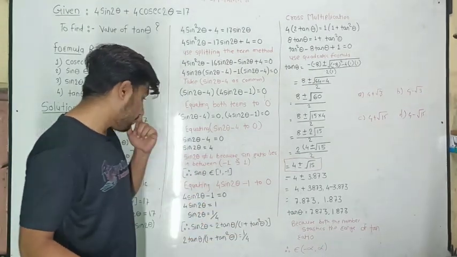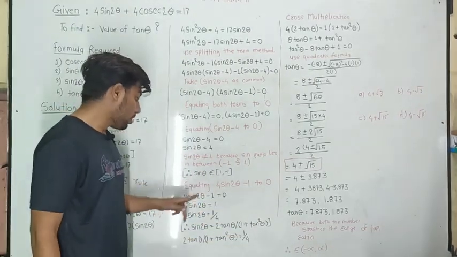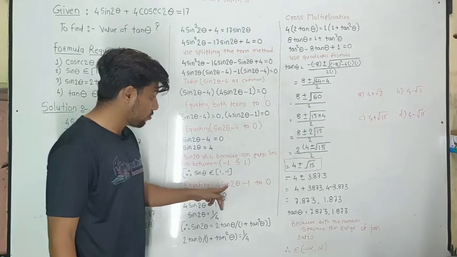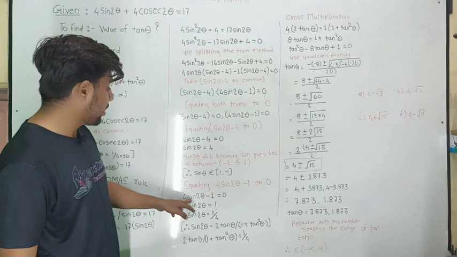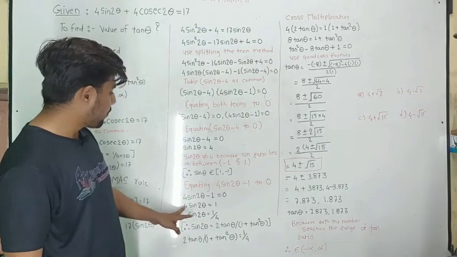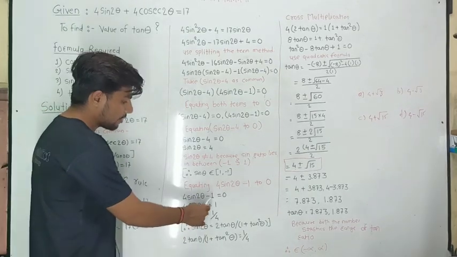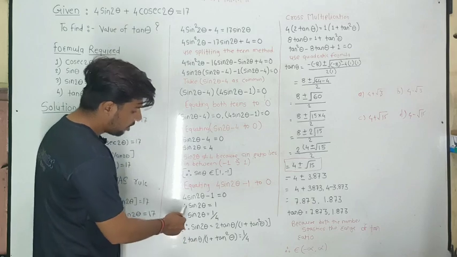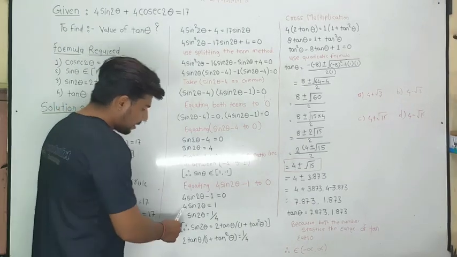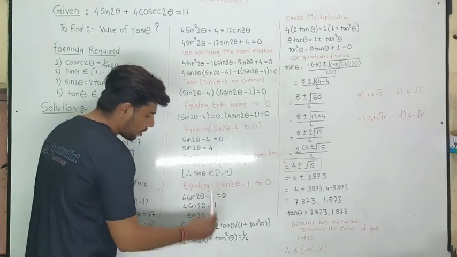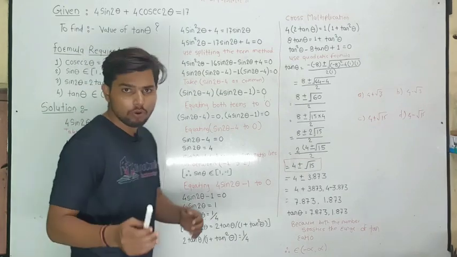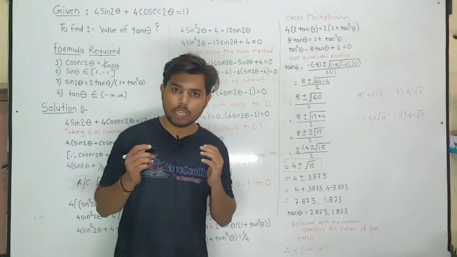Okay, so because of this rule, we equate 4 sin 2 theta minus 1 to 0. So we get 4 sin 2 theta minus 1 is equal to 0. After transferring this 1 to the right hand side, we get 4 sin 2 theta. Now, after simply transferring this 4 to the right hand side, we get sin 2 theta is equal to 1 by 4. Now guys, you know that we have one more formula, which is sin 2 theta